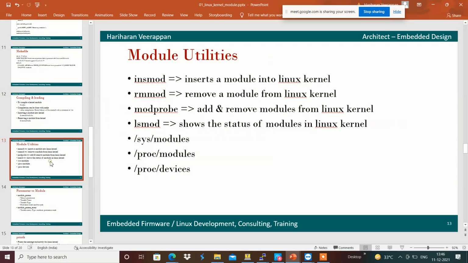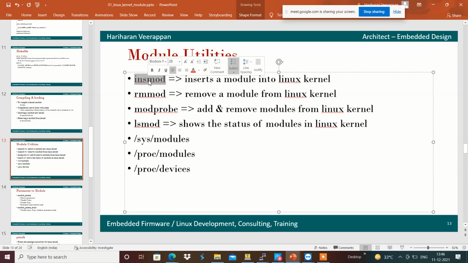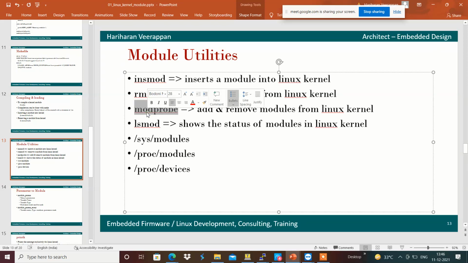Apart from this, we have different utilities, like insmod, which inserts the module, and modprobe, which, based on dependency, can insert or remove the module accordingly.